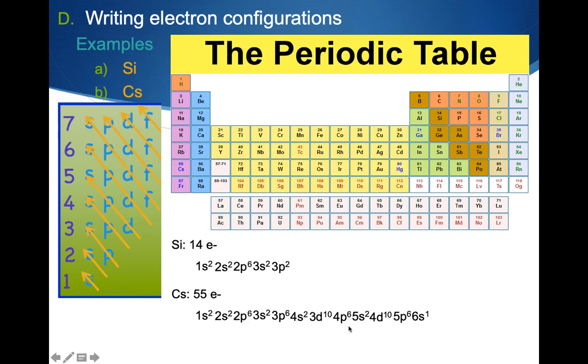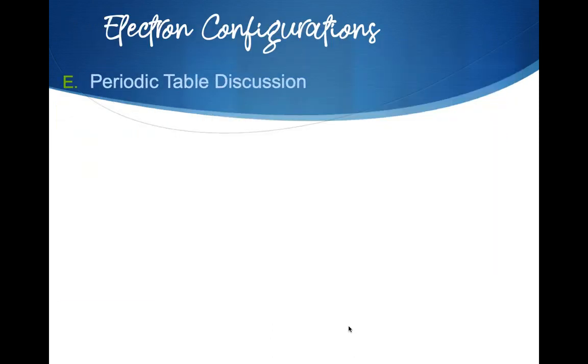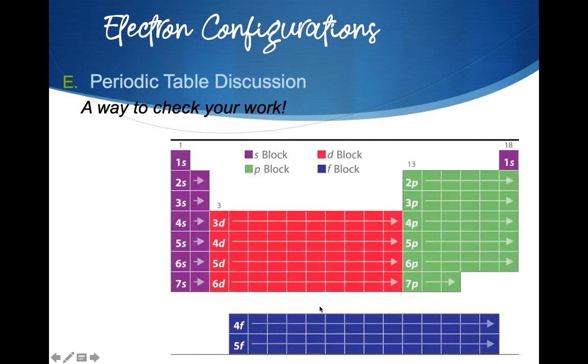All right, so with all of that kind of practice, the last thing that I want to do related to this is that I want to show you a connection between electron configurations and the periodic table. So this is kind of a way to check your work. So this is a way for me to kind of start to introduce why the periodic table is shaped the way it is. It turns out that it's everything to do with the number of electrons that can fit